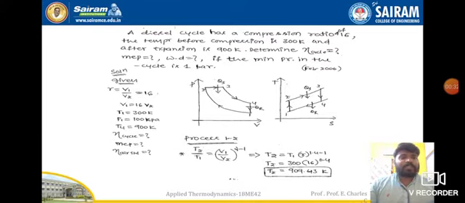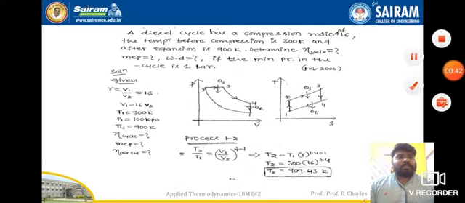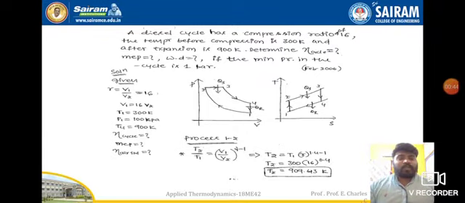So this numerical is given in the year February 2006 for university examination. So it's very simple to solve the numerical. So first and foremost, we should see the given data. Compression ratio is given as 16, which is nothing but V1 by V2, and the temperature before compression is 300 Kelvin. So for that, to analyze this, we need to know how to draw the PV diagram for diesel cycle.